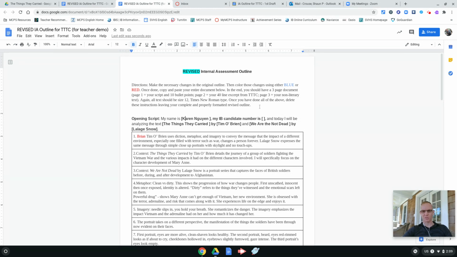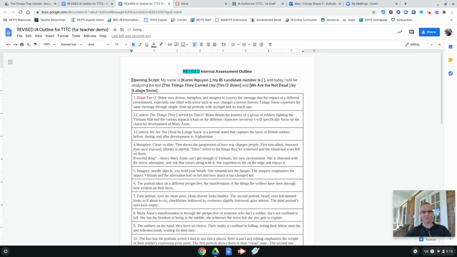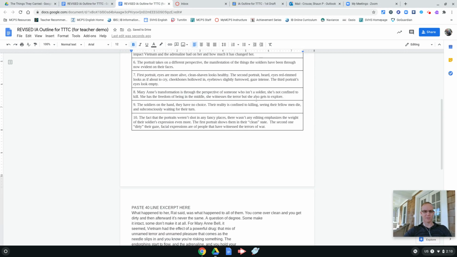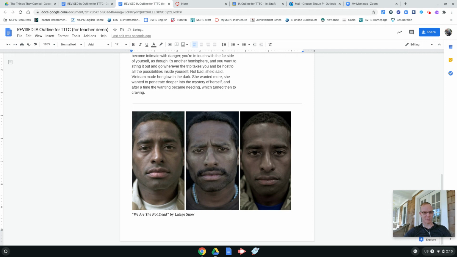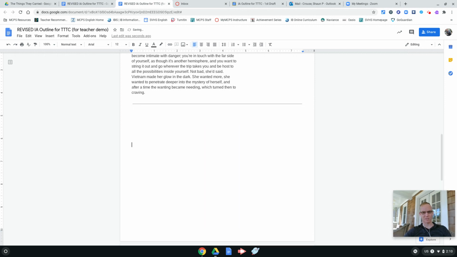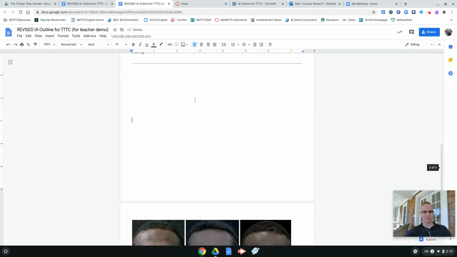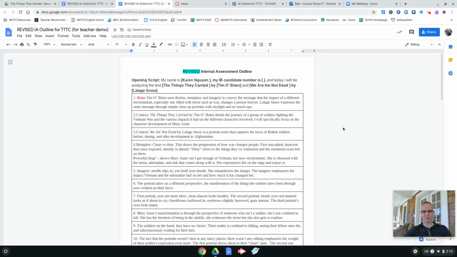It says, once you've done all the above, delete these instructions, leaving your complete and properly formatted revised outline. So I'm just going to follow those directions and delete everything. And then all of the stuff should be where it's supposed to be. I don't need this paste, I don't need the directions to paste things. I would move this to the third page, 1, 2, 3. And then it would be ready to be submitted. If you have questions about this,